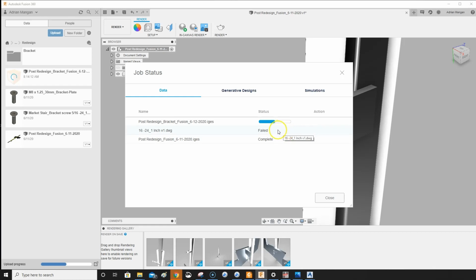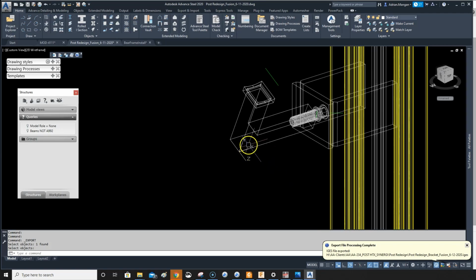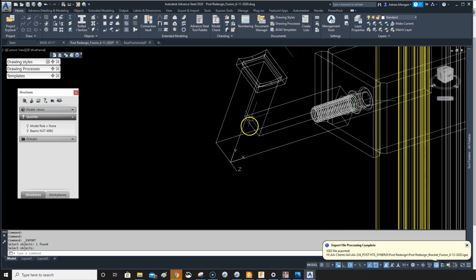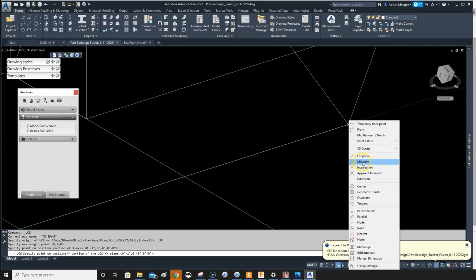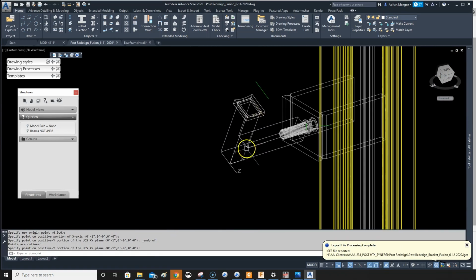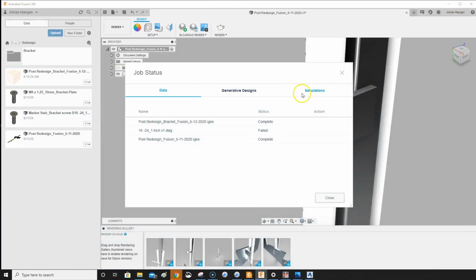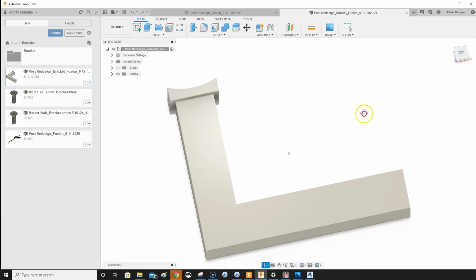The important thing to note actually is if I go back to Advanced Steel, that I have my UCS set to this. It doesn't matter what direction, just set it to it. So just go to your 3 points and pick one. It's not letting me snap to the endpoint for some reason. Alright, the endpoint and the endpoint, and set it like that first, okay, before you export it. So then, at least when it comes in, it's not crooked. It doesn't have to be the right way around because you can reset it, but if it's not crooked,